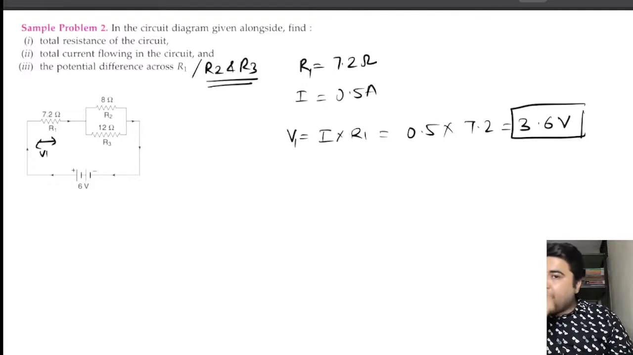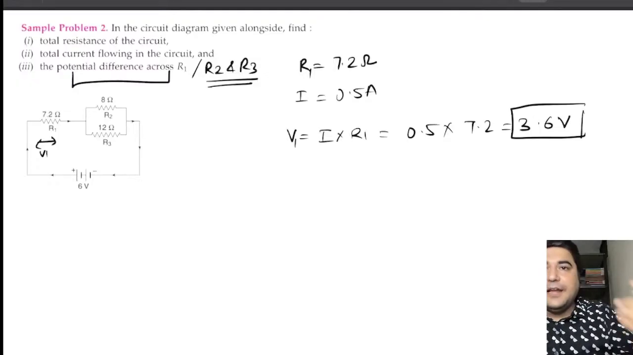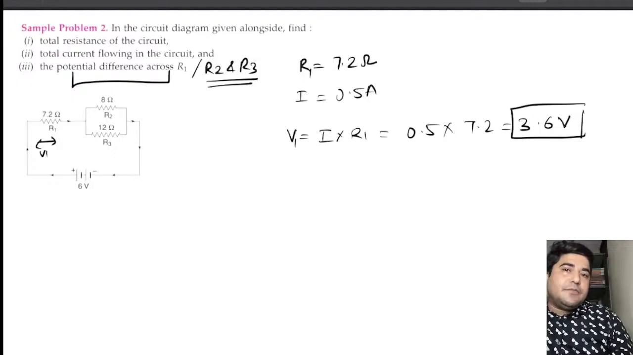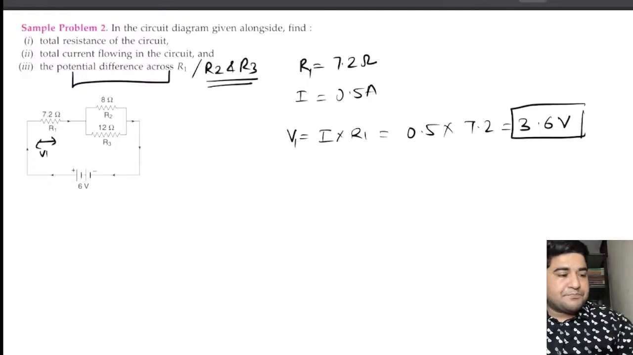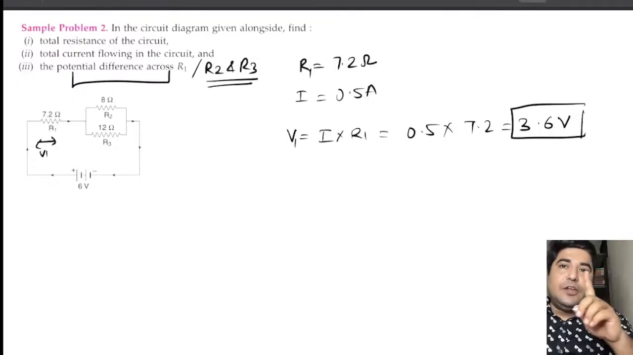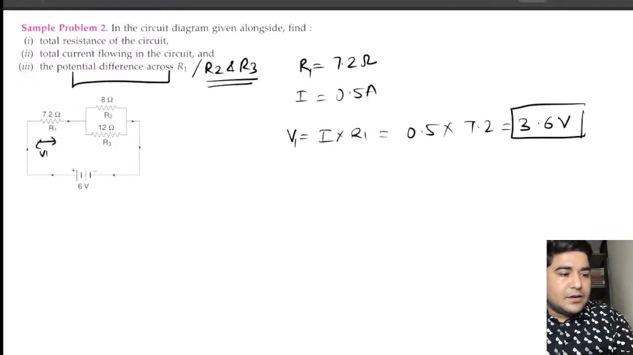Now this is a tricky question. The value across R1 was easy. Across R2 and R3, we know that the potential difference is going to be the same, whatever the value would be. Why is it so? Because they are connected in parallel, but the values of current would be different. So there are many options to perform this. One option, which is the easiest,